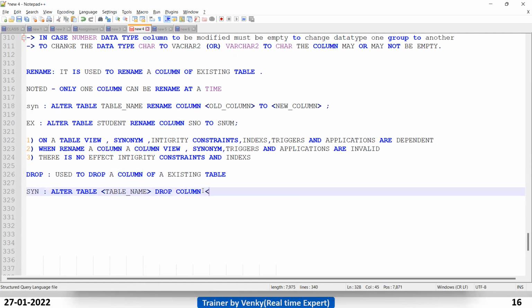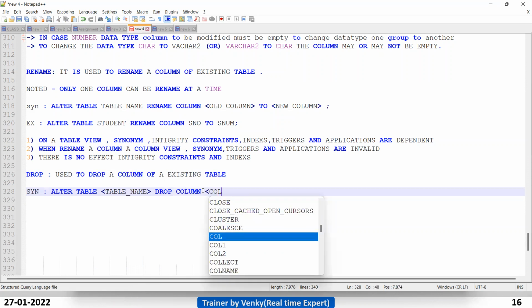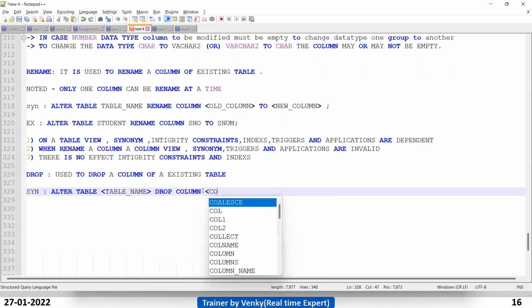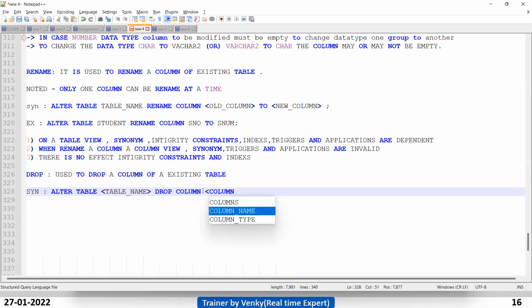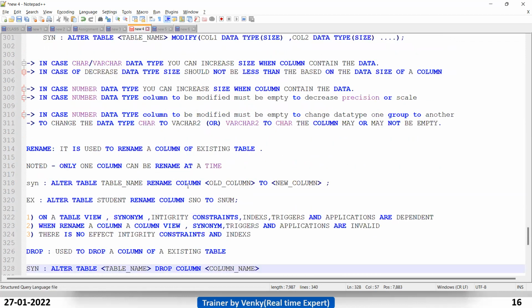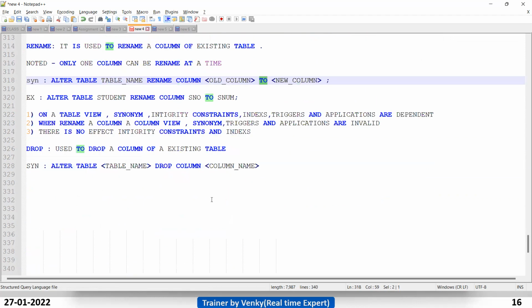For rename, the syntax is ALTER TABLE table name RENAME COLUMN, from which column to which column you are doing, so you mention two names. Here we are just dropping, so DROP COLUMN column name.